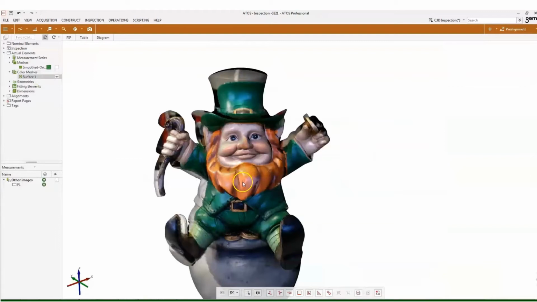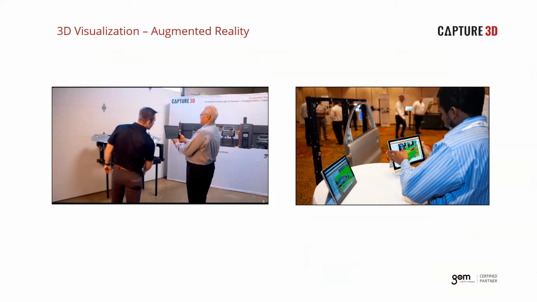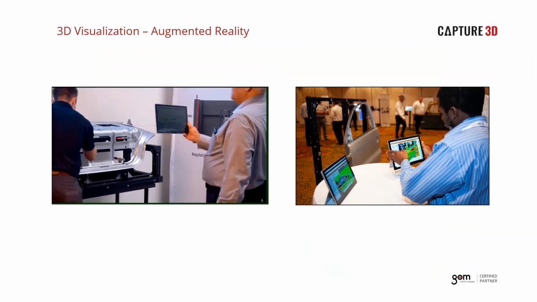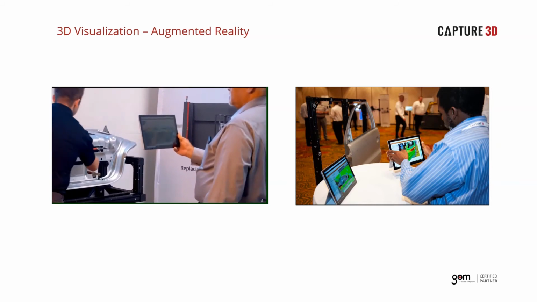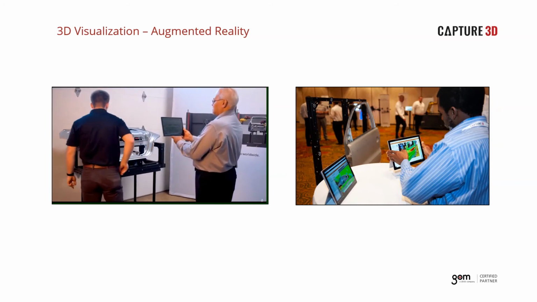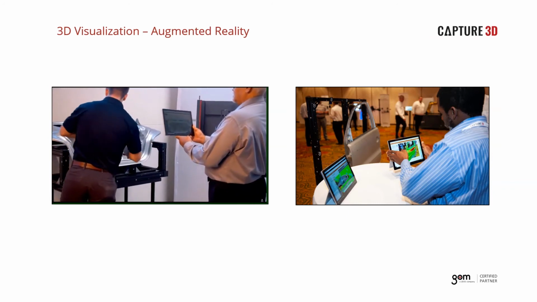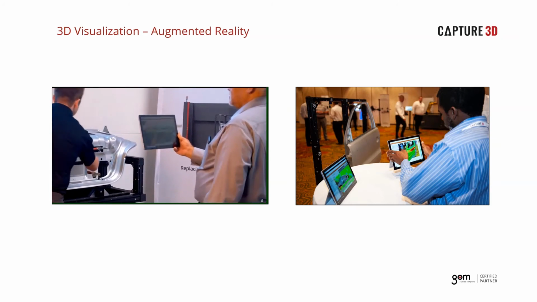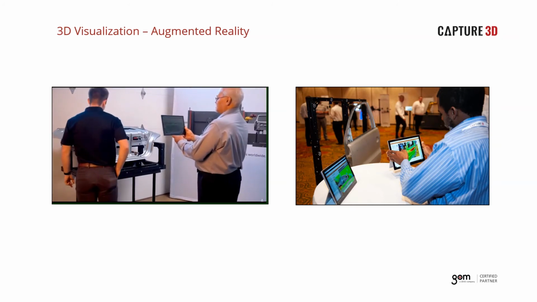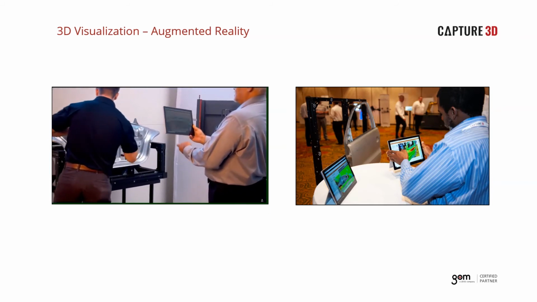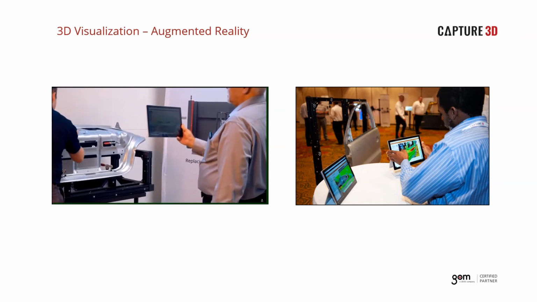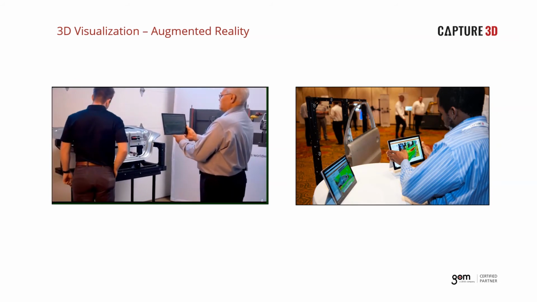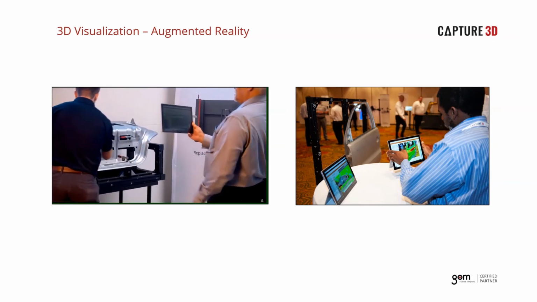Jordan, could you please explain augmented reality to the audience? The next feature I want to discuss is available even in the free GOM Inspect Suite software. This feature is augmented reality. Basically, as the name suggests, you can use a Windows tablet that has a camera and augment the real-time camera feed with a color map inspection against the actual part. This comes in handy when you want to discuss some of the dimensional elements directly on the part. As you move around, the AR also follows to show you the areas that are in or out of